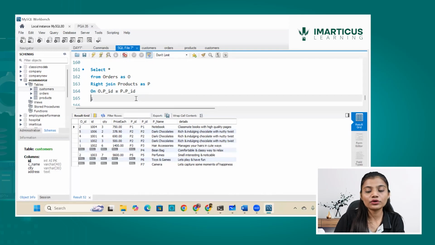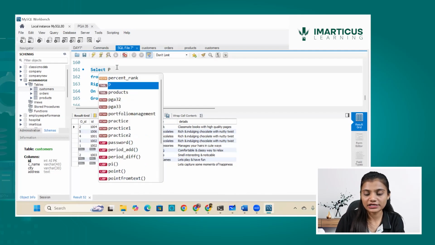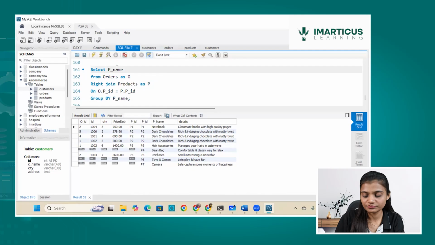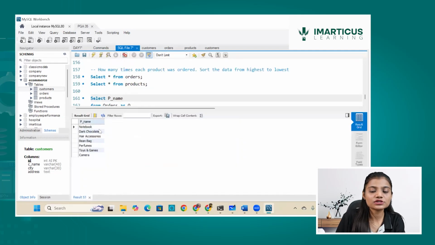Now I want to create groups, so GROUP BY. Which group do I want to create? I want to group by the name of the product. If you run it like this, it will give me an error, because product name as a column needs to be mentioned in the group by statement. So product name. These were the products which were there, and how many times each product was ordered.